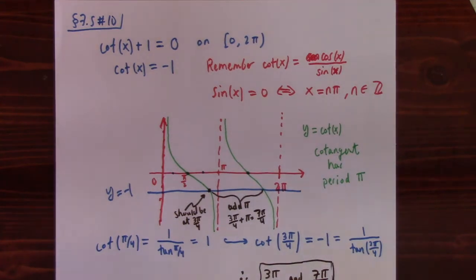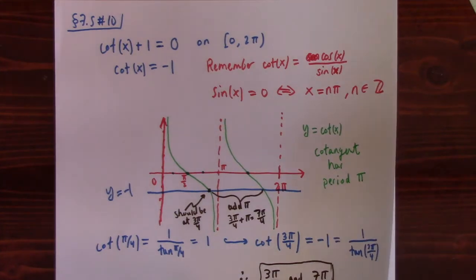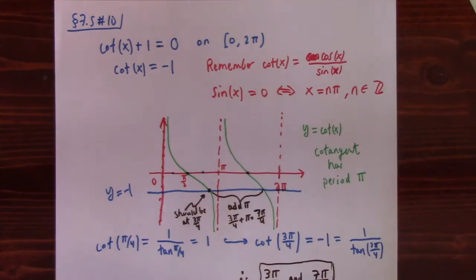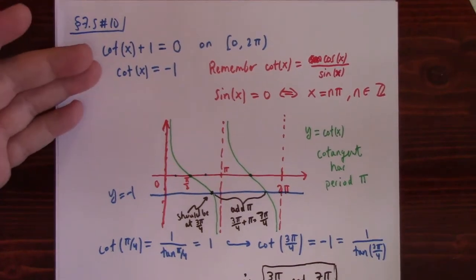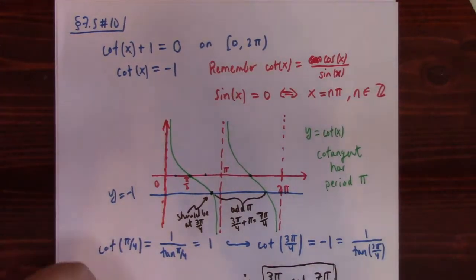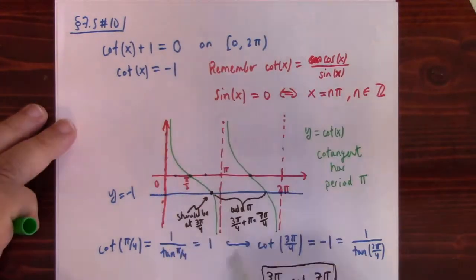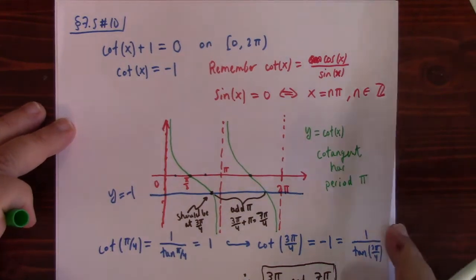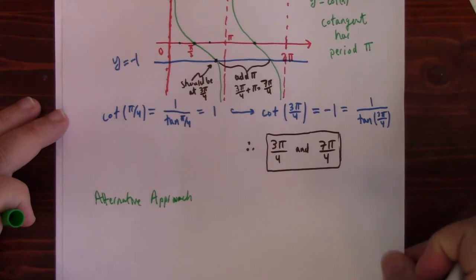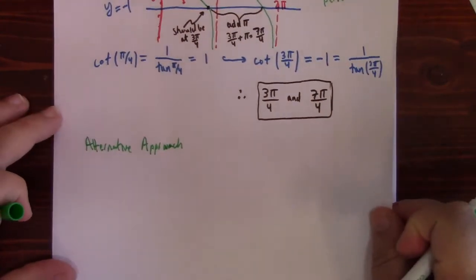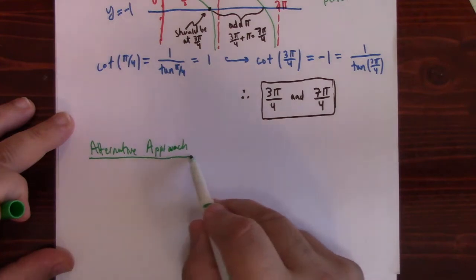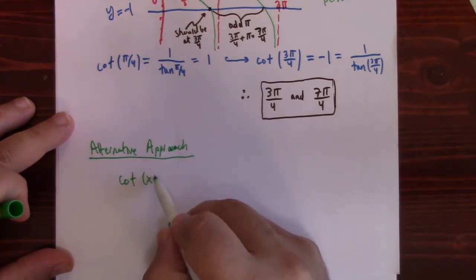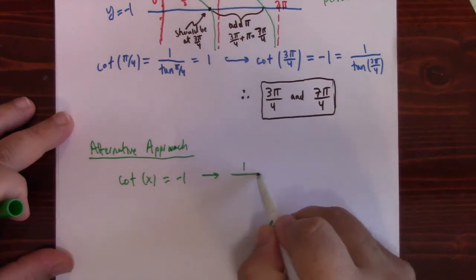So again, I take a strongly graphical approach, right? And if you're uncomfortable with cotangent, you could have treated this problem differently at the very beginning. That's what I was thinking about doing. You know, an alternative approach. Stupid marker. Can't draw. So an alternative approach here would be to treat cotangent equal to minus 1 as the same as 1 over tangent